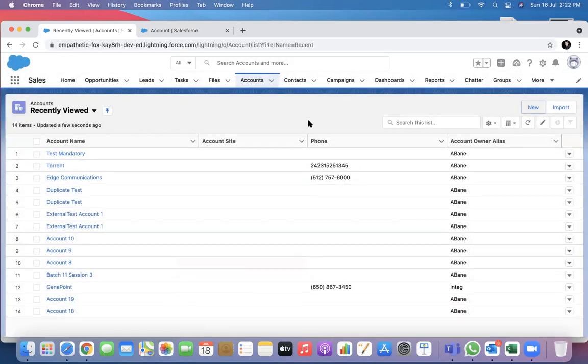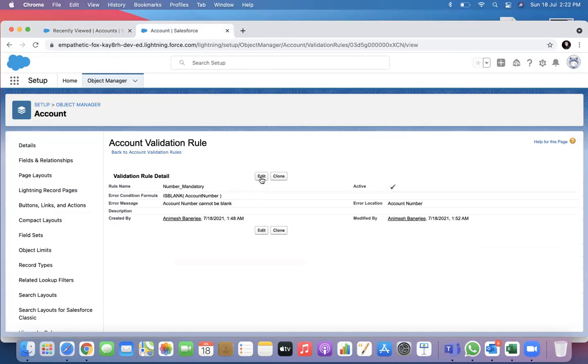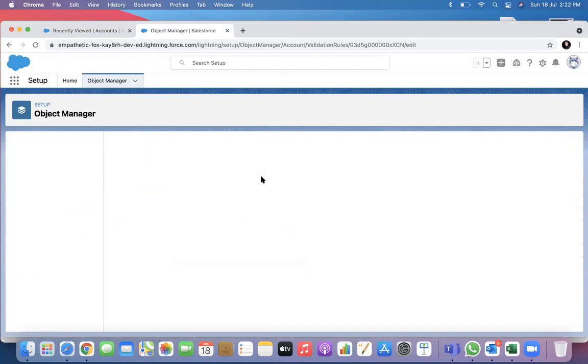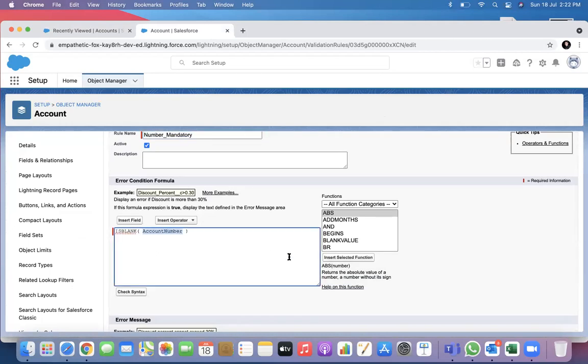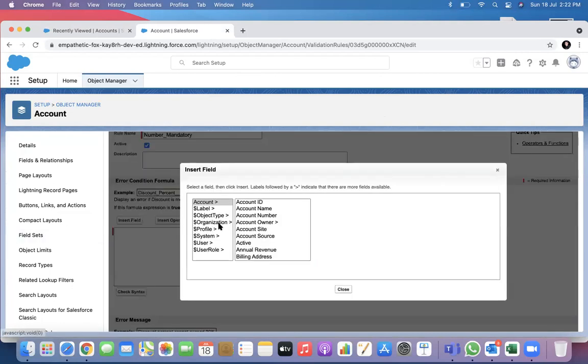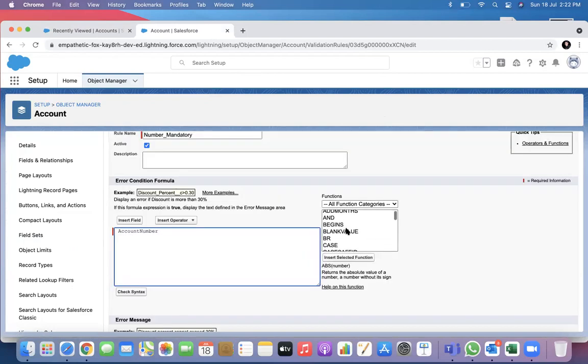Validation rule helps not only with blanks; we can also put in some other values. Let's see account number. If I want account number to be numeric, I use VALUE.